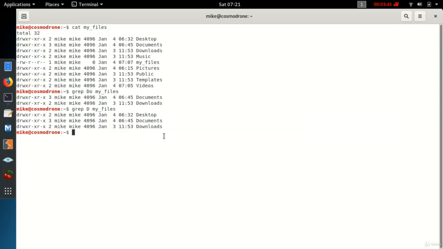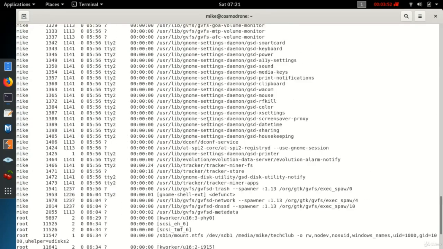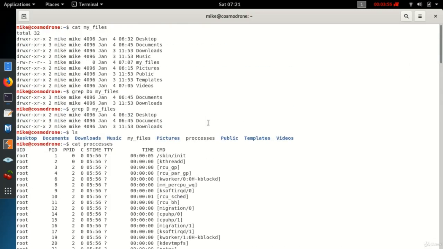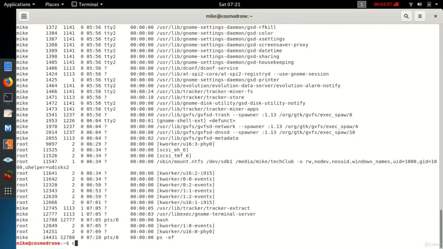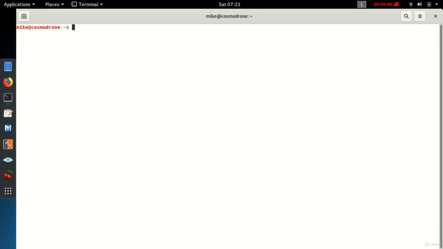Wonderful. So let's see if we can use grep, this search tool, with our file processes. That was much bigger, right? There's a lot of stuff in here, and I don't want to have to search through all of this. So I'm going to clear this. Let's say we know exactly what we're interested in. Let's say we're interested in any process that originated from the sbin directory. So we can use grep to find all lines that have the pattern sbin in them. Let's do that right now. Let's say grep sbin